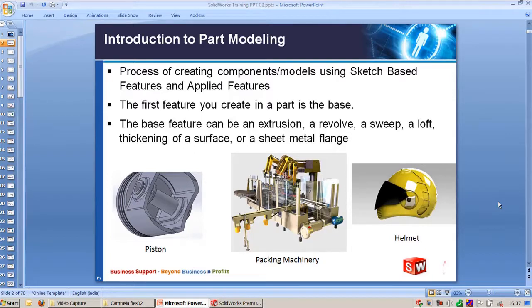Extrude, revolve, sweep, loft, all these we call base features, or sketch-based features, because these commands will create a feature based on the sketch. So the part model will be created based on the sketch-based features, and you will modify it using treatment features like fillet, chamfer, etc. And once you create this, definitely you will have a clear idea what and how the model can be